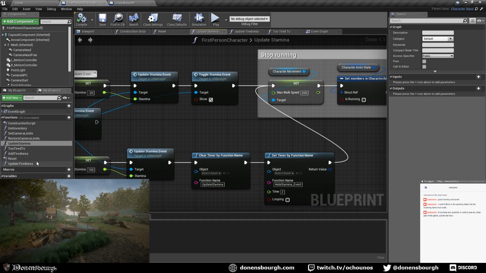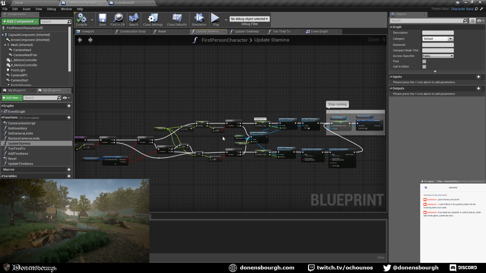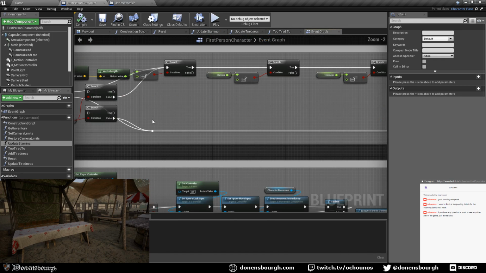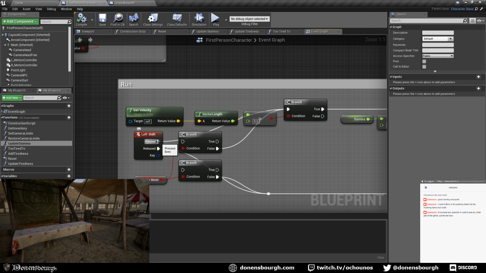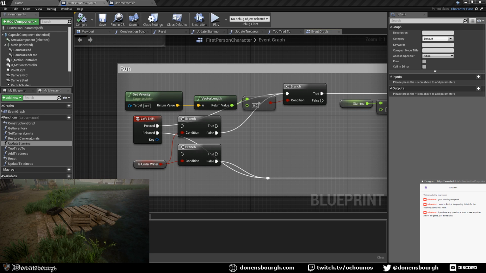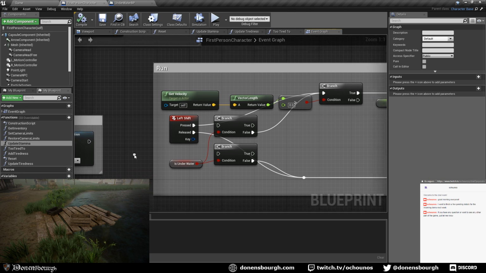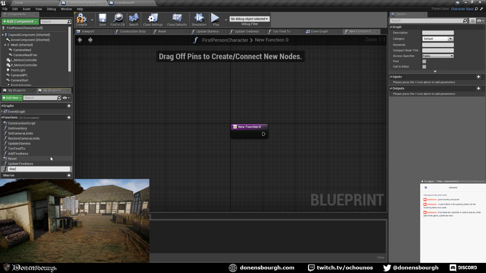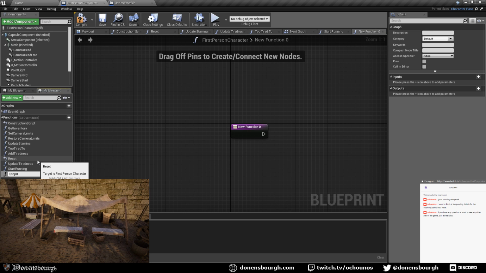For that it's maybe easier to manage this with a couple of functions, and instead of having here all this code that I have for running, I would like to have something like, on left shift, start running and stop running, so I can just call stop running at any time, and I don't need to duplicate this code for all those things. So I will create a new function that will be start running, another will be stop running, and probably to manage